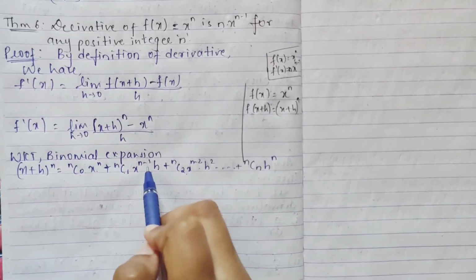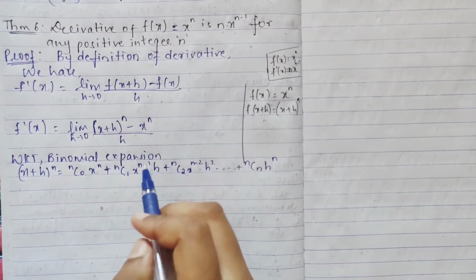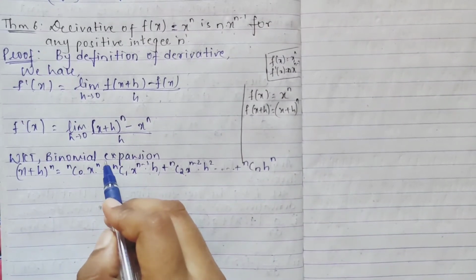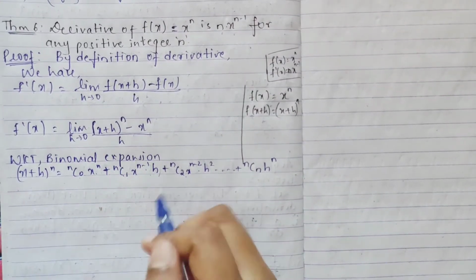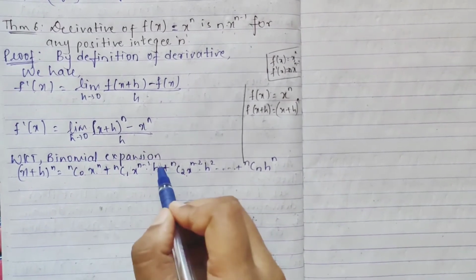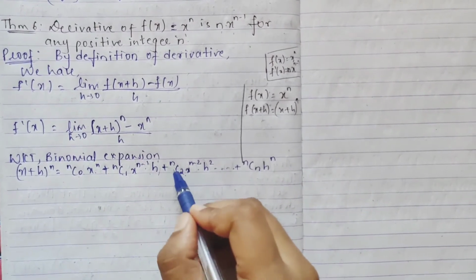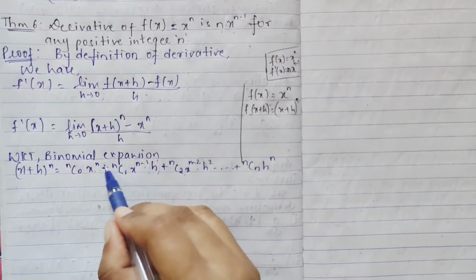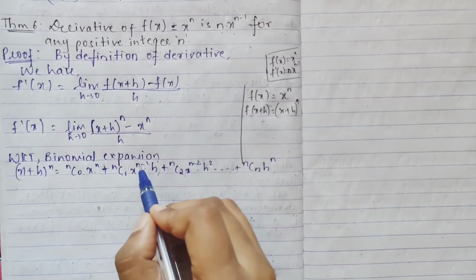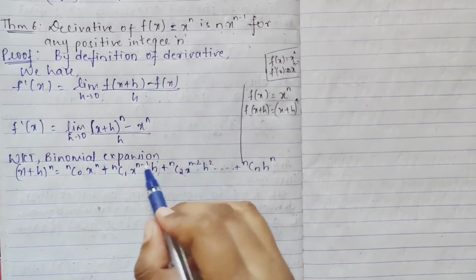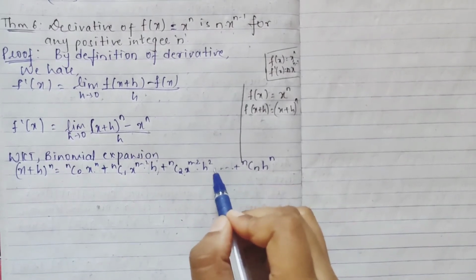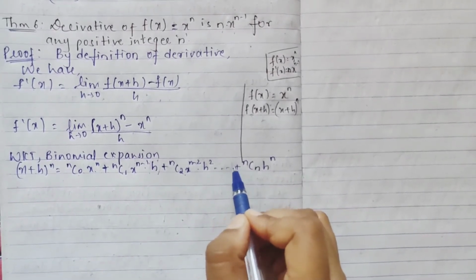here it becomes minus one, one term you are reducing: n minus 1, into h. Here h raised to 0 will be nothing, h raised to 0 is 1, right? So we do not write h raised to 0; here h raised to 1. Plus nC2 x raised to, again one more number subtracting, it becomes n minus 2. n minus 1 minus 2 becomes n minus 2, h square. Similarly, so on, nC3 x raised to n minus 3, h cube, like this.